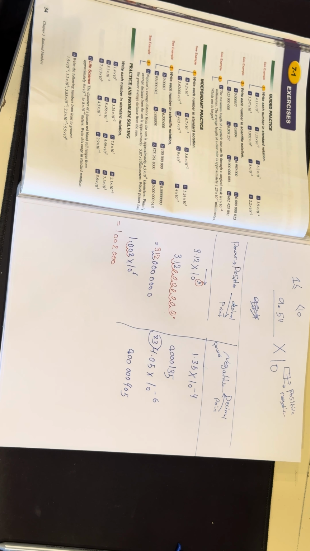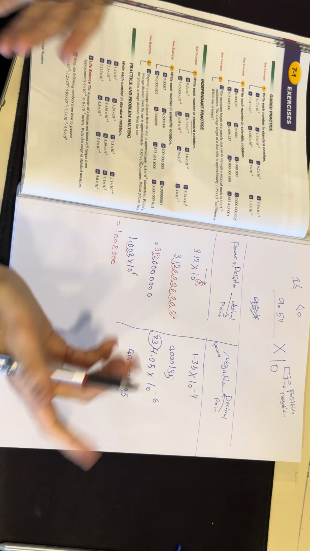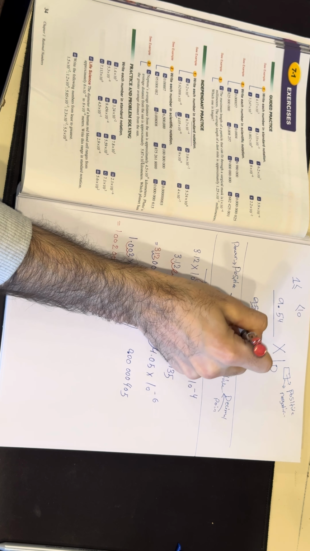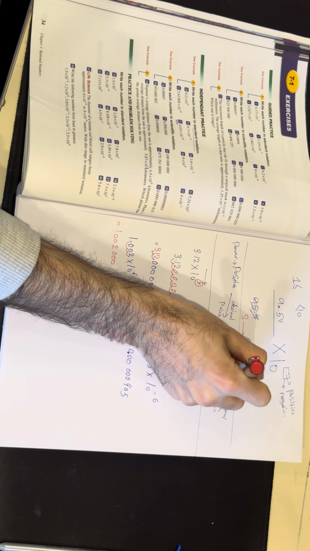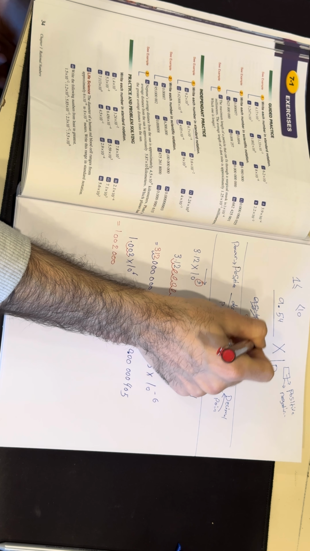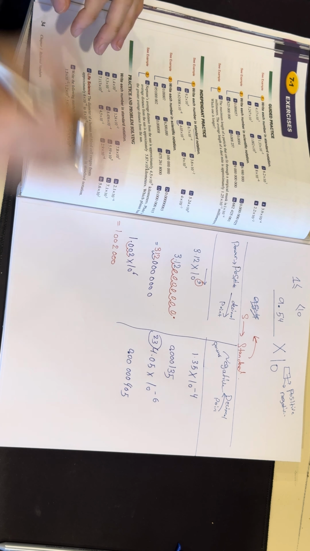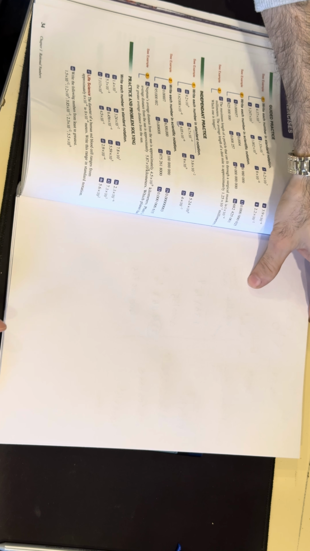Then that's how you're going to do negative power and positive power when we change from scientific to standard. But let's change it back. What if the question asks for standard to scientific? What are you going to do? In this case, we have 2 things I want you to know. The first one is,